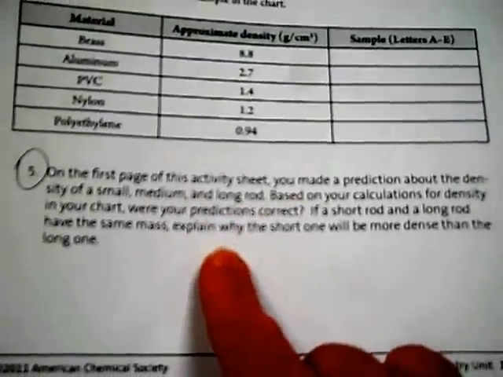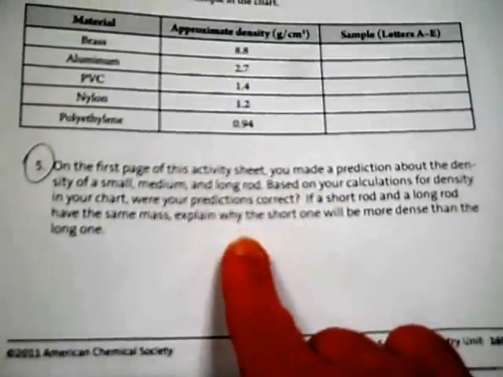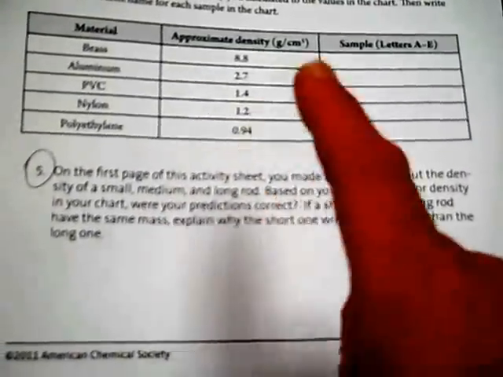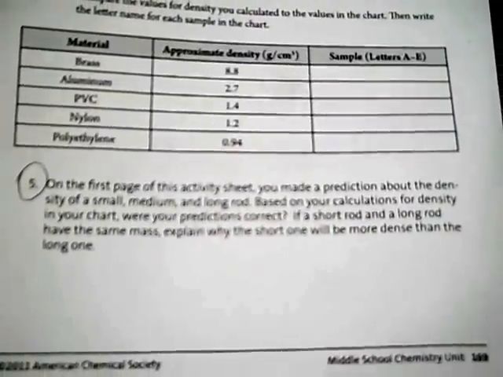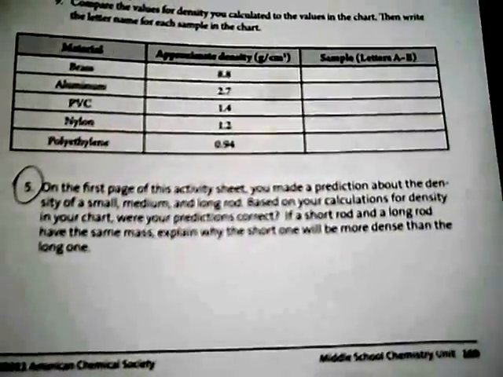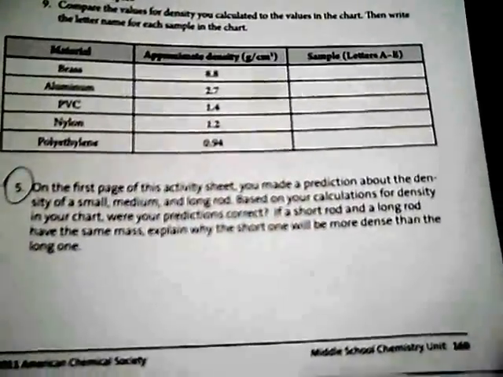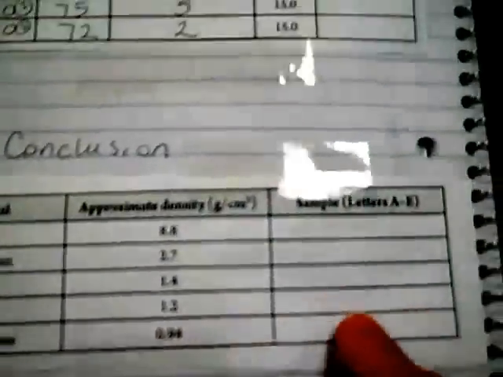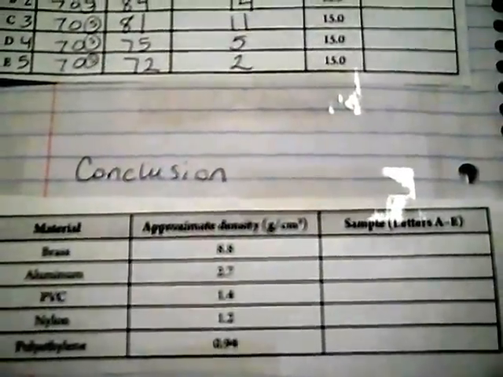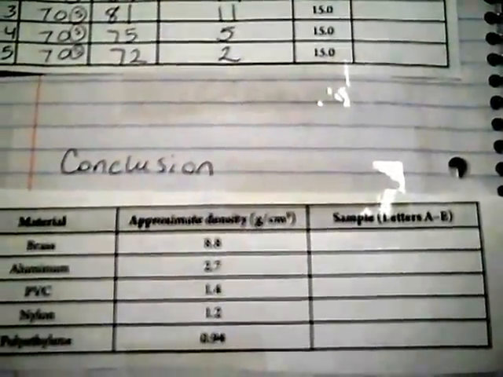What letter is which object looking at these densities? So go ahead and do that. And then in number 5, it asks you to go back and look at your prediction. Were you right about your predictions to the tallest, the medium, and the shortest? Which one was the most dense, the least dense, and medium dense? So go back and look at your hypothesis and see if you were right or wrong, and answer these questions as part of your conclusion. Now, to find the answers of these, you can go ahead back on the wiki, and there is an answer key. So you can check how you did and see if you guessed the